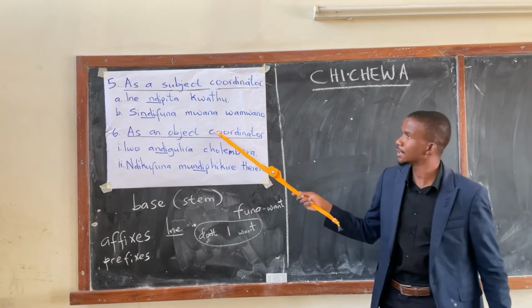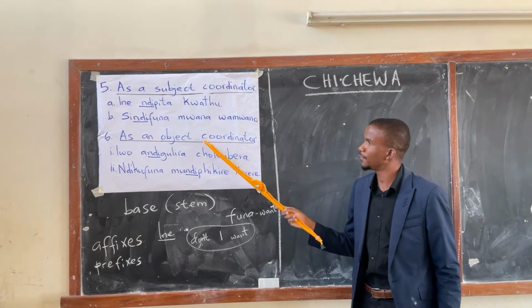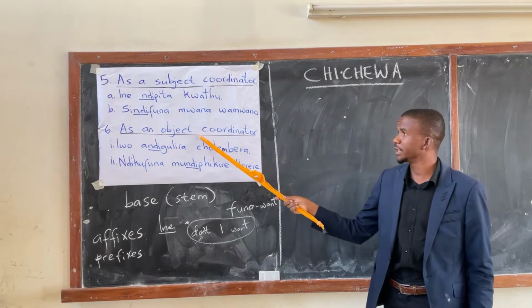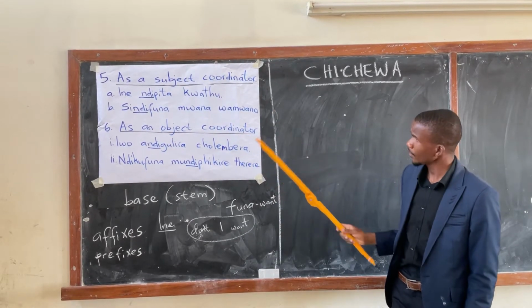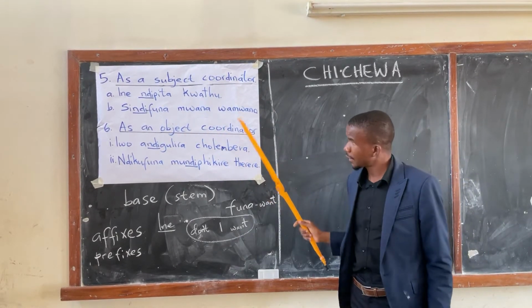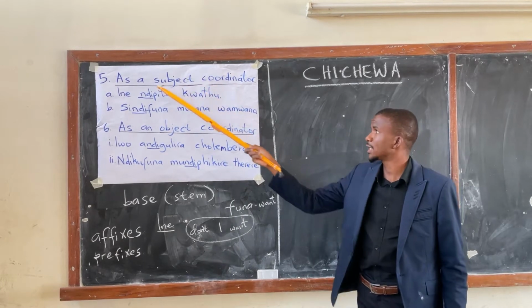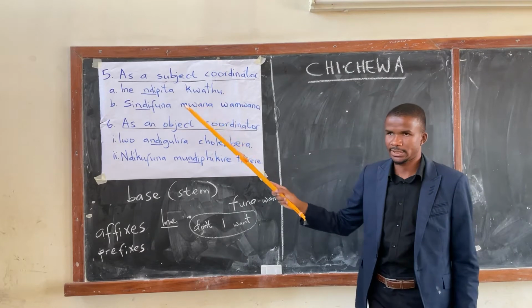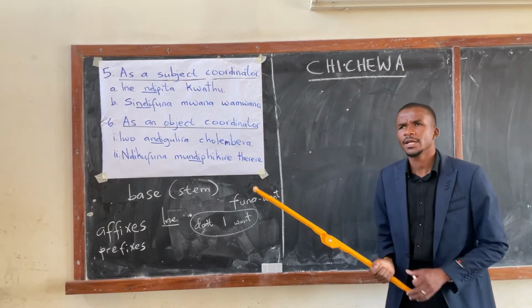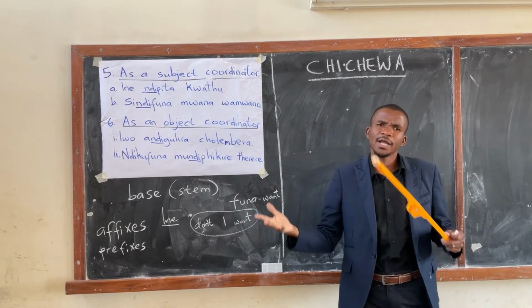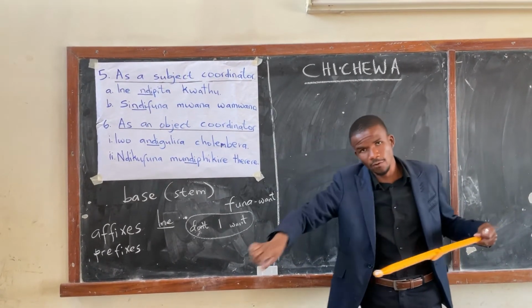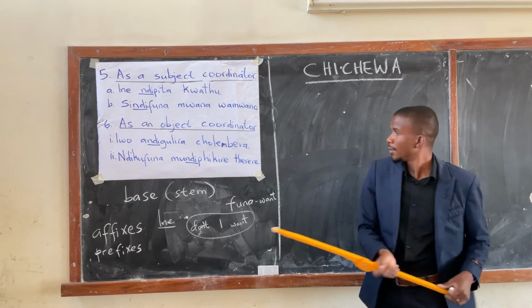So the last function of ndi is ndi functioning as an object coordinator. A bit different from the previous function, which is focusing on the subject. In this case, we are focusing on the object. The object of a sentence is a word, either a noun or a pronoun, on which the action of the verb is performed. So the action, for example,